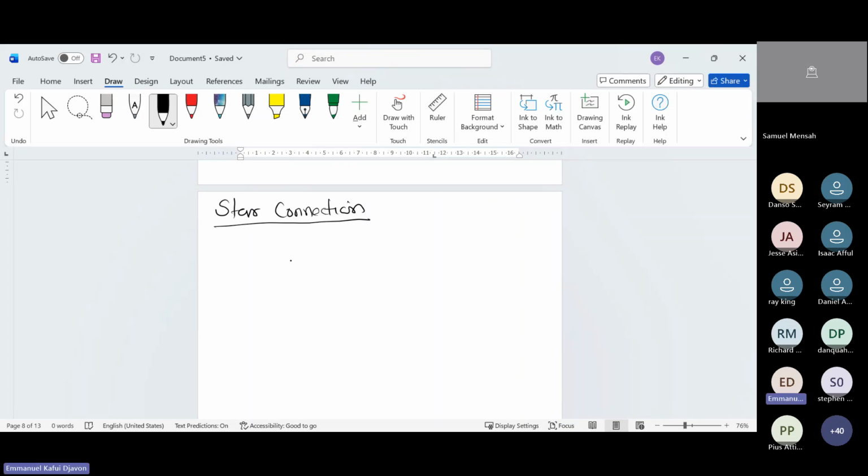A star connection, as I drew earlier, looks like this. And a delta connection looks like this, just like you are drawing a triangle,